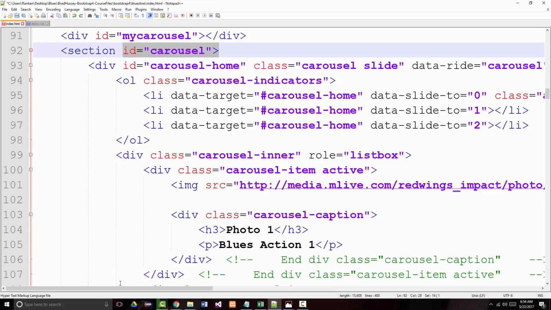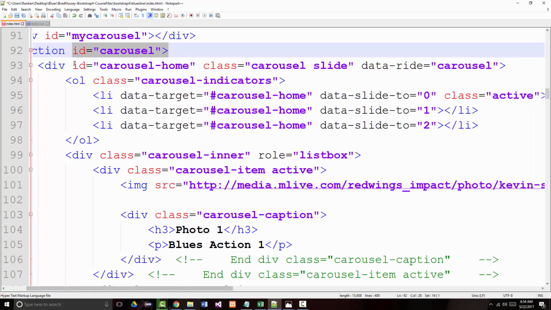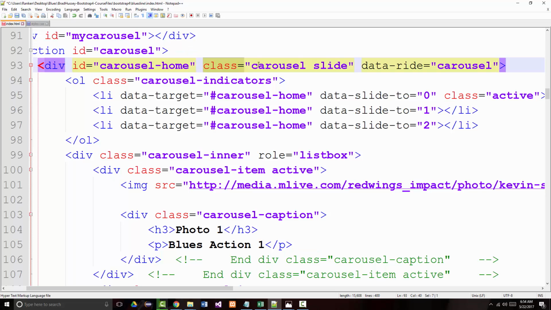When you're working with a carousel, notice ID equals carousel home, but here's the thing. Carousel slide. The data ride equal carousel, I believe, I could be wrong on this, but a lot of the stuff that you end up putting in here, like for example roles, that we're going to talk about in here,